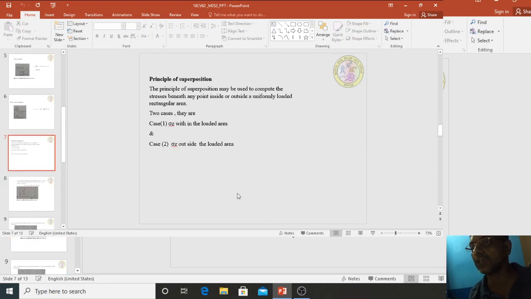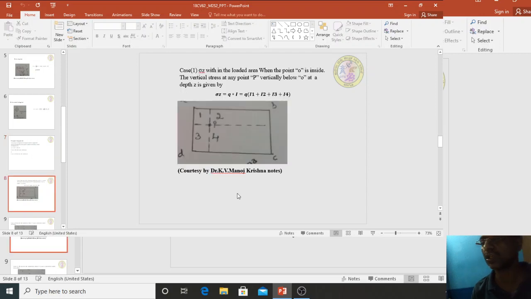Now the principle of superposition. The principle of superposition may be used to compute the stresses beneath any point inside or outside a uniformly loaded rectangular area. There are two cases: case 1, sigma z within the loaded area, and case 2, sigma z outside the loaded area. First, let us consider a rectangular footing